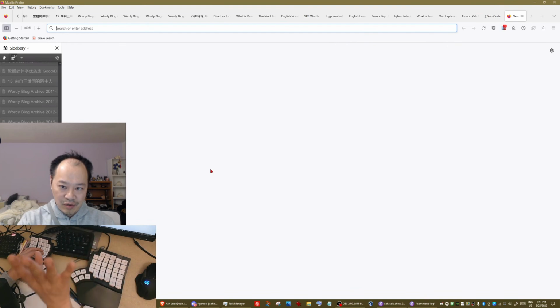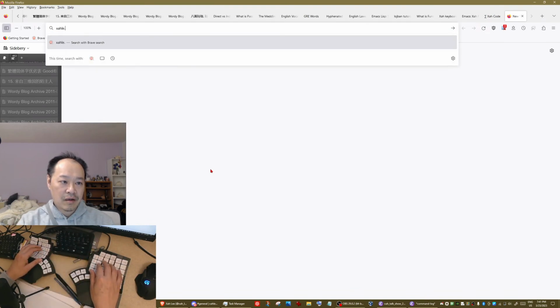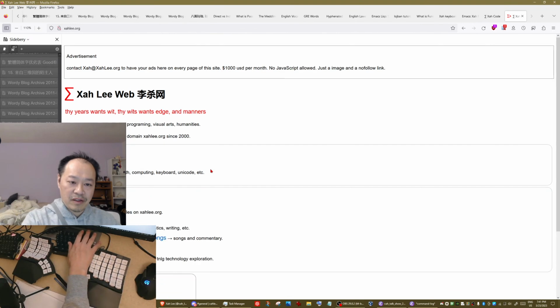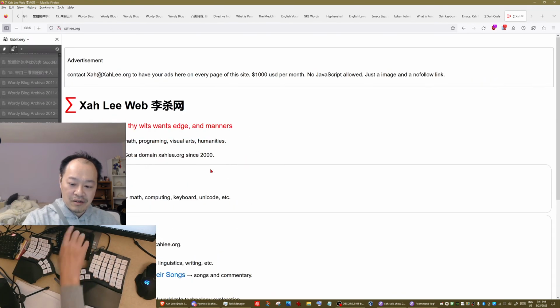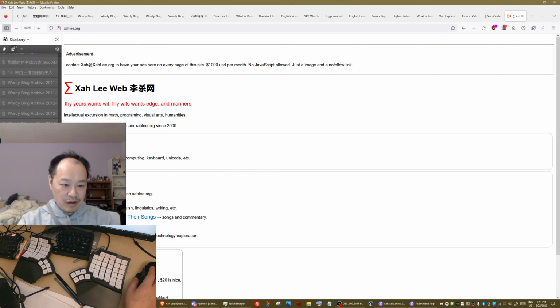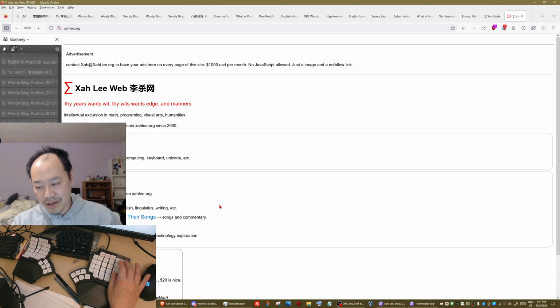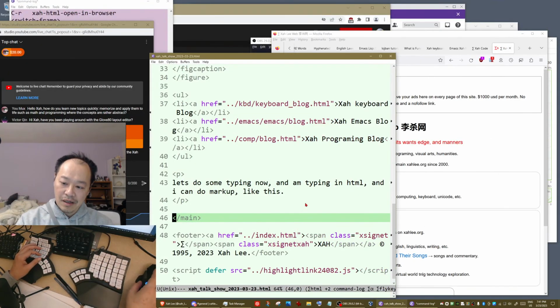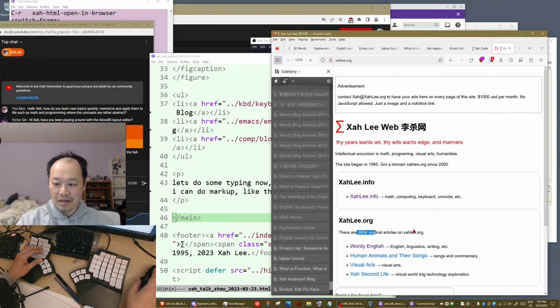So press one key to open a new tab, xah.org, go. So here, I increase the font. I can just press a key, the power of keyboard macro. So I recommend you buy a keypad, okay? So let's see, xah.org. How many articles are on xah.org? About 3,000, okay? So in total, I have about 8,000 articles